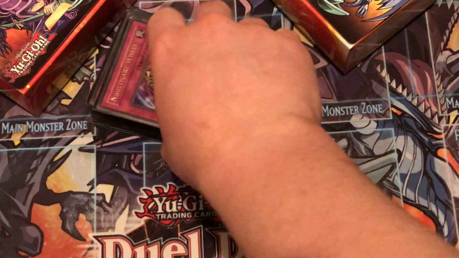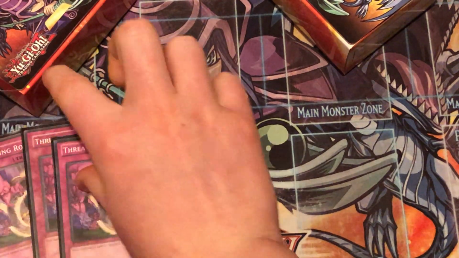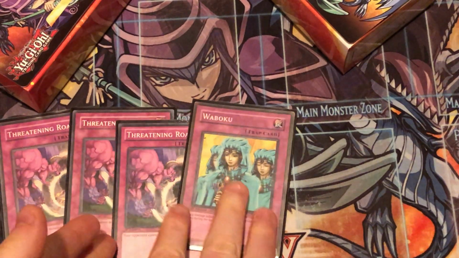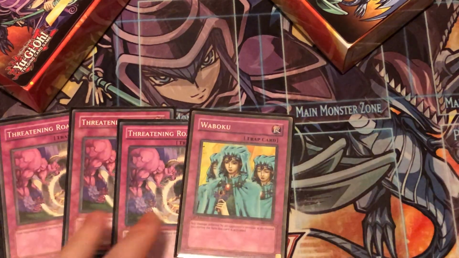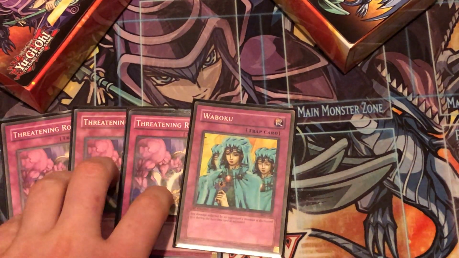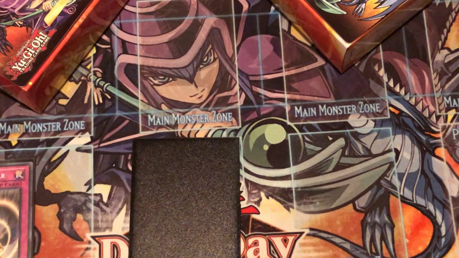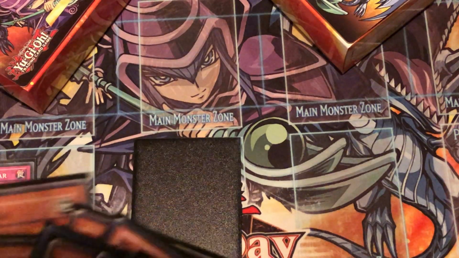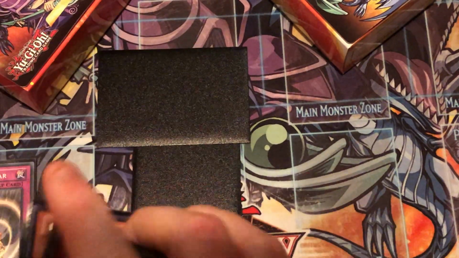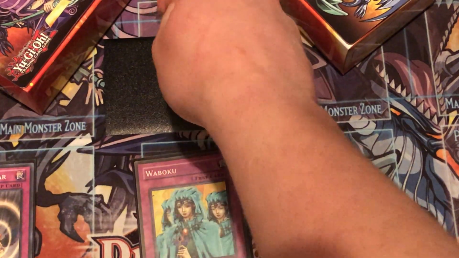And then for the last of the traps, 3 Threatening Roar, 1 Waboku. The reason why I'm only playing 1 Waboku, cause normally in burn decks I like to go 3 Waboku, 1 Threatening Roar. The reason why I'm going 3 Threatening Roar and 1 Waboku is if you have a Waboku set and if your opponent is smart and they know that you've got the Des Lakota set face down, or they know that you've got the Stealth Bird face down, if your opponent's smart, if you activate Waboku, they can just ram into